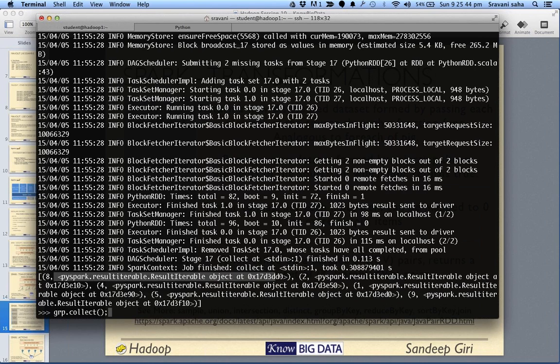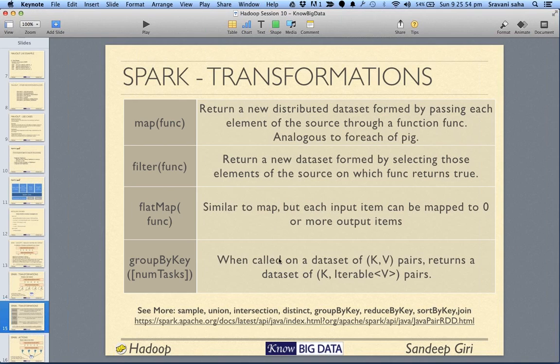This is an array representation. So it's not easily serializable here. That is why you are seeing this. Now, after you have done a group by, group by basically groups the whole array or RDD by the key value. But before doing group by, you need to have the data in key value format rather than simply values. Otherwise, it will give an error which we got earlier saying the object is int, not key value. So there are multiple transformations.